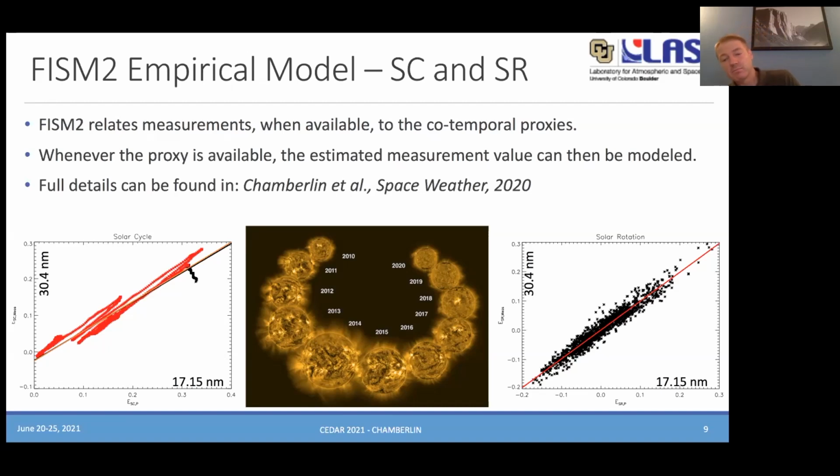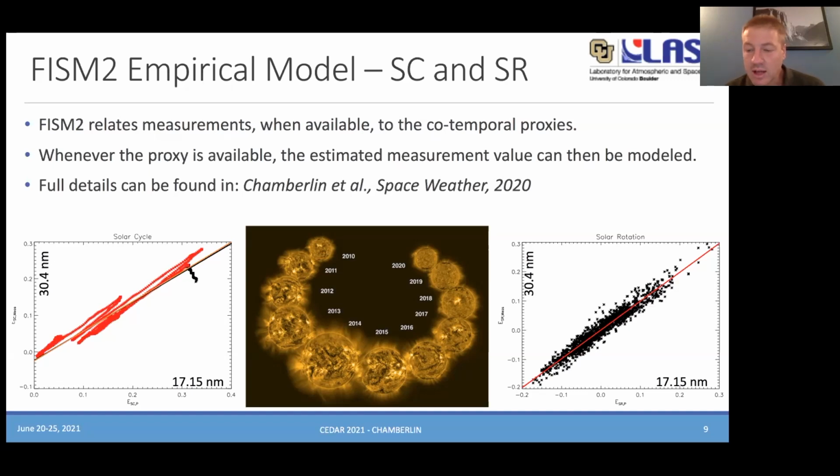And then on the bottom right, you see the same proxy and measurement, but this time I've subtracted off this 108-day smooth from the daily average measurement, and you get the residual. So you get the solar rotation beating. As I said, this is the sort of days to week variability. That's the residual that's left over. So it once again will vary around 0.